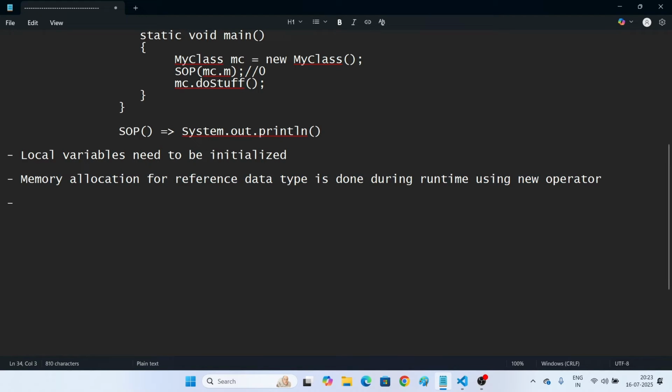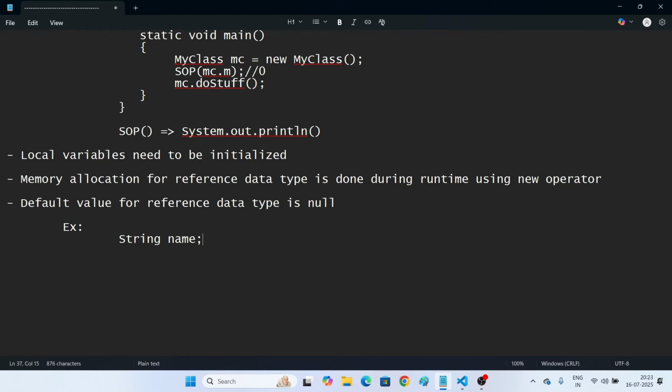One more point. The default value for a reference data type is null. So when you take any reference data type, what is the default value? Null. For example, if you take string name,